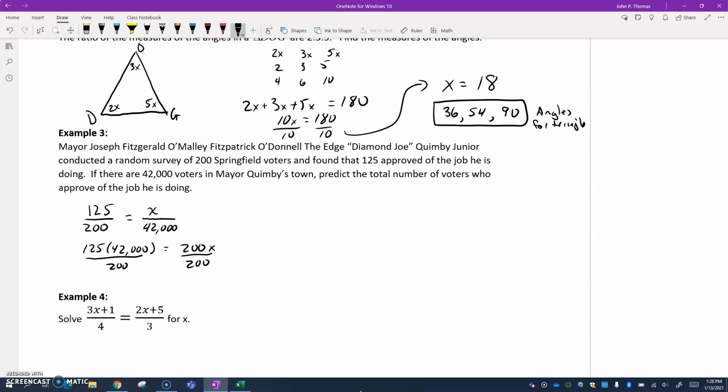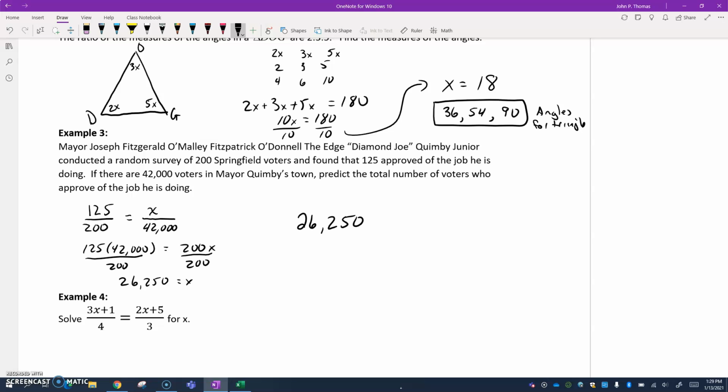All right, and if we take a look on a calculator, let me get one here. We've got, all right, so I've got 125 times 42,000. All right, that gives me 5,250,000, and I divide that by 200, and I get 26,250 for x. All right, so what we can say is based on this sample, we'd anticipate